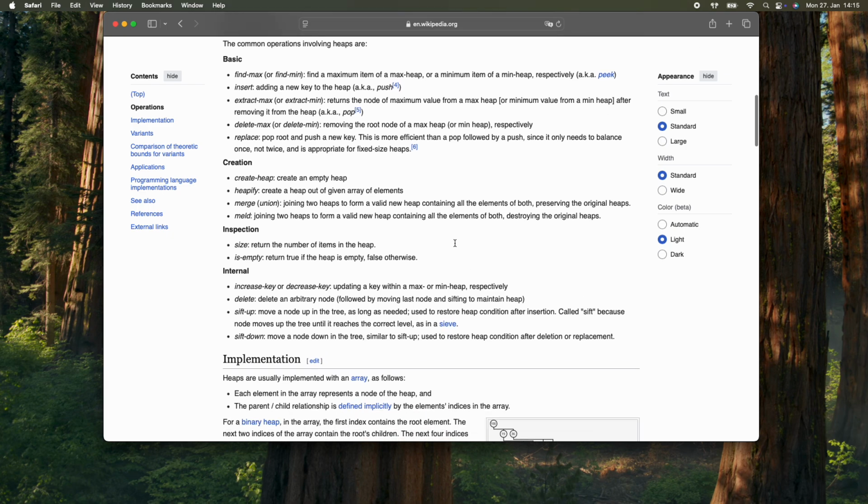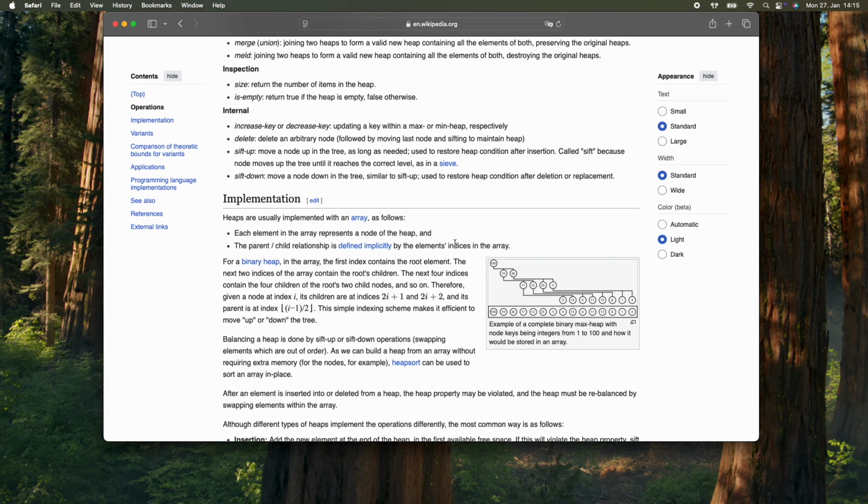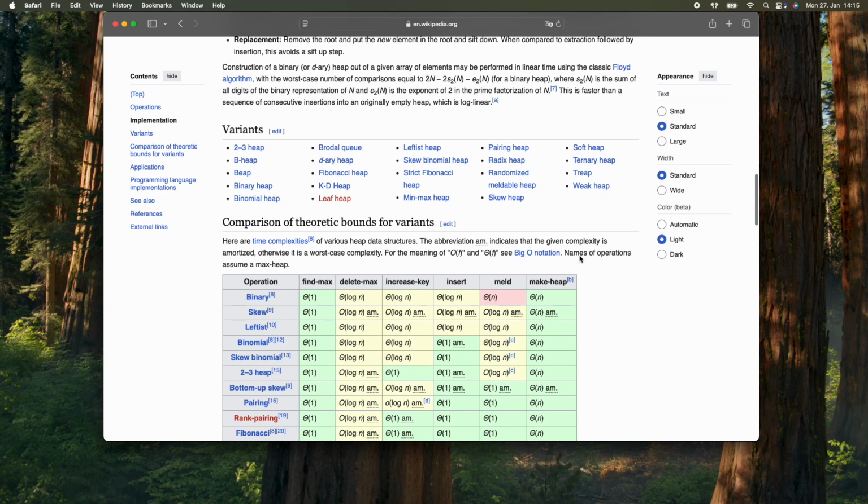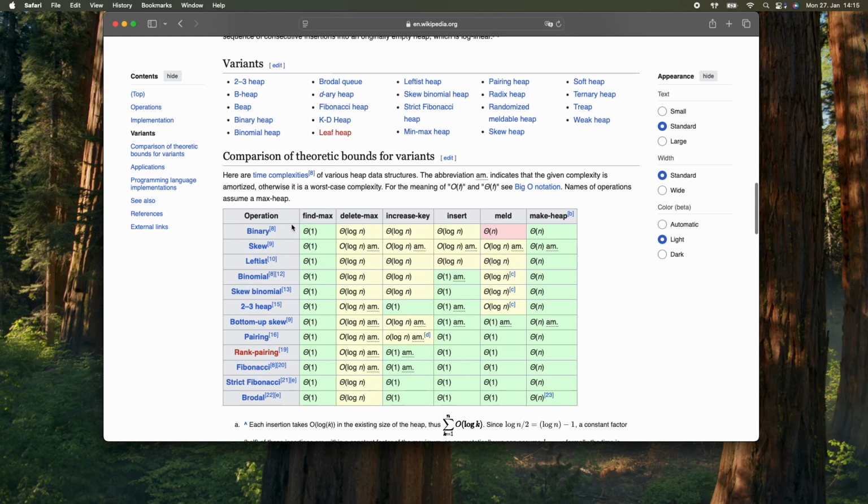Essentially, this is how a heap can be implemented. And here we can look at the different operations, and the big O notation comes to the same conclusion, log n,